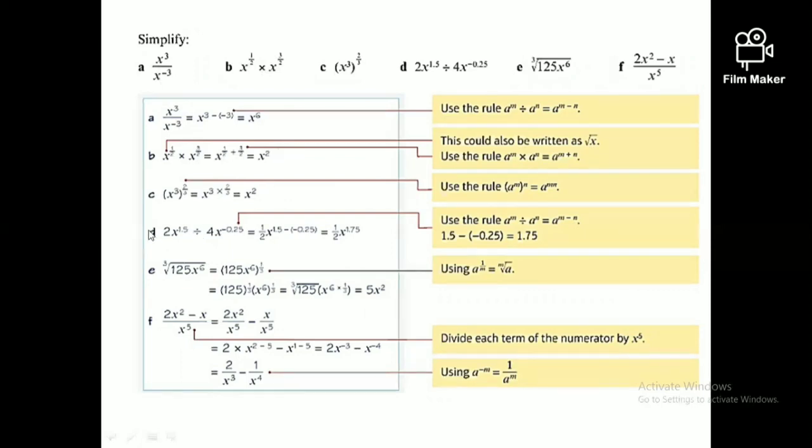Then the power of power theory. X to the power 3, to the power 2 over 3. Then you can multiply the powers. 3 into 2 over 3 is 2. That answer is x to the power 2, right? Then the next example is